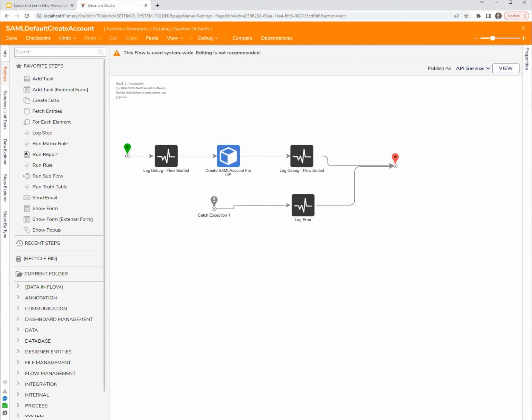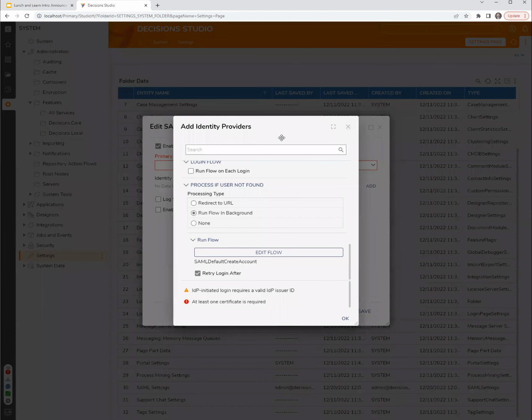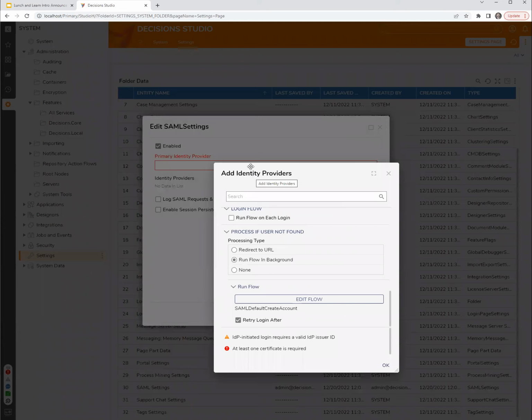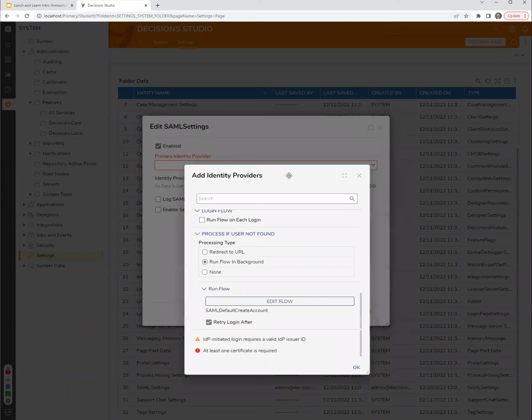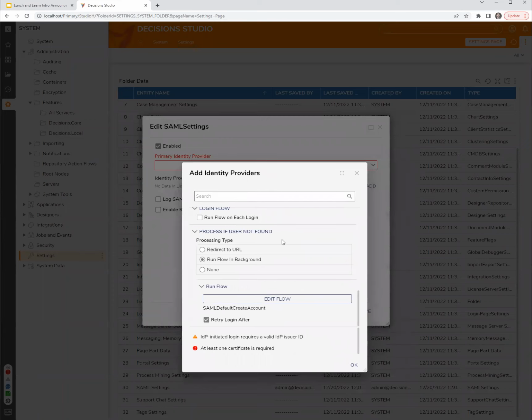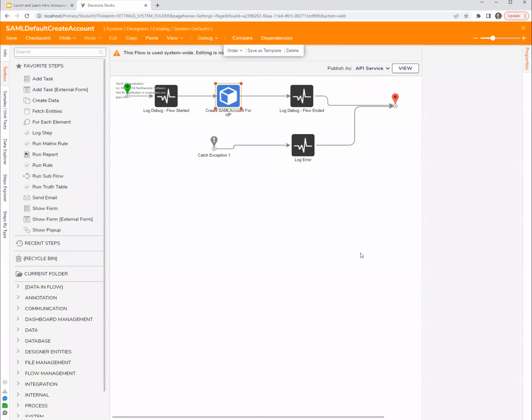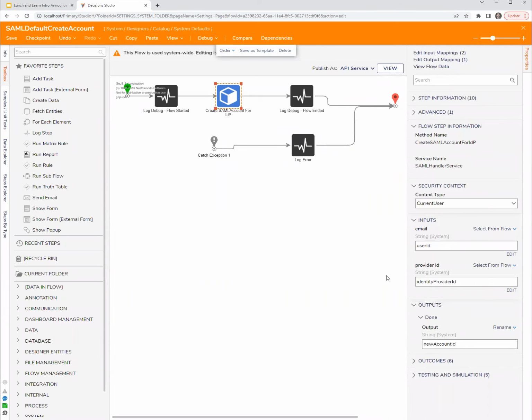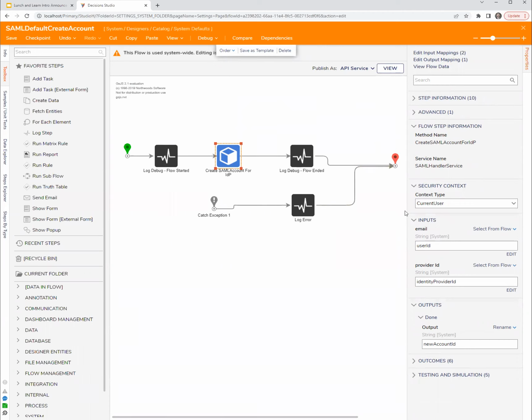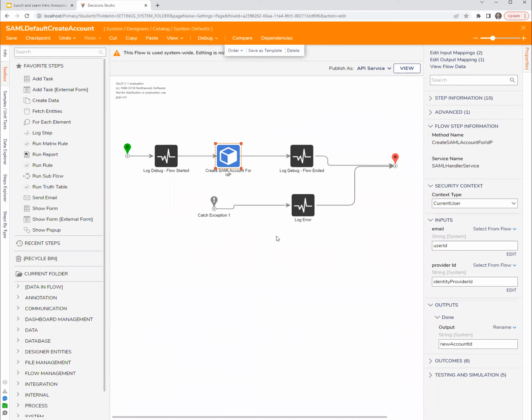Here's where I'm at. I'm in the add identity provider, in the edit SAML settings in system settings, after having installed the SAML module. I scroll down in this add identity provider screen to this SAML default create account. I'm editing this flow, and you can see what it does is it actually sets up a new account for you. But you could do whatever you need to in this flow, assuming you can make some outbound call to confirm